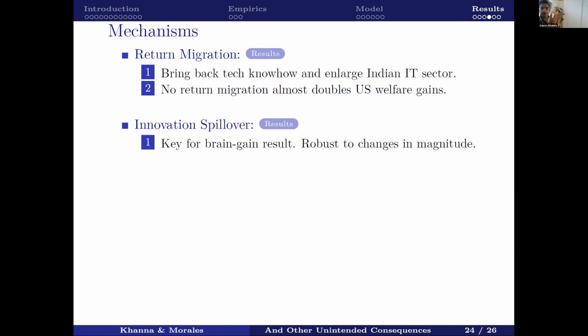So there's a tension there, right? On the one hand, these return migrants, the short-term migrants, might bring back skills and help India. But on the other hand, if you have to come back, you may not acquire skills in the first place. So I think it's actually quite nuanced in certain ways, how these things might play out. I don't know, Dean, if you had some thoughts about this.